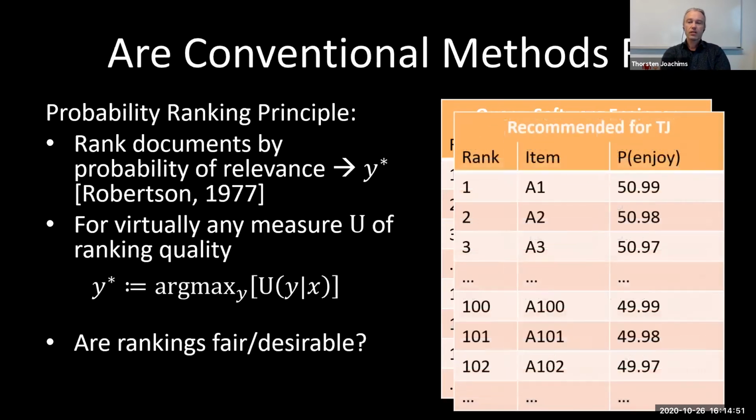Let's look at a different domain. Actually the same numbers, right? Now it's music recommendations, and there are different artists, A1 to A102. The probabilities are exactly the same, and now it's the probability that I'll enjoy that artist. Artist A1 has the highest probability that I'll like it, but there's lots of really good artists, and